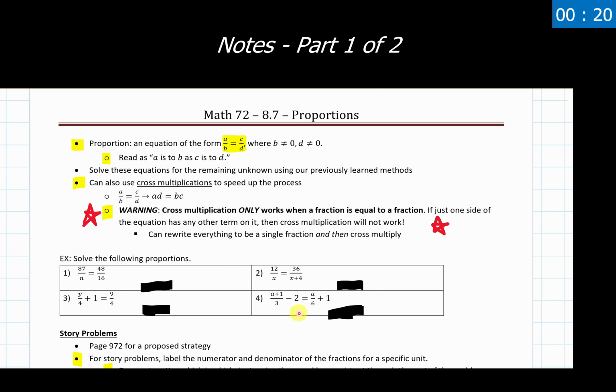So we'll go through a couple strategies, or at least a strategy that you could use to solve problems like this. We still want to get to using cross multiplication, but there are some workarounds that we could take with those. So with that, let's dive into our first 4 examples and see how we go through and solve these proportion problems.